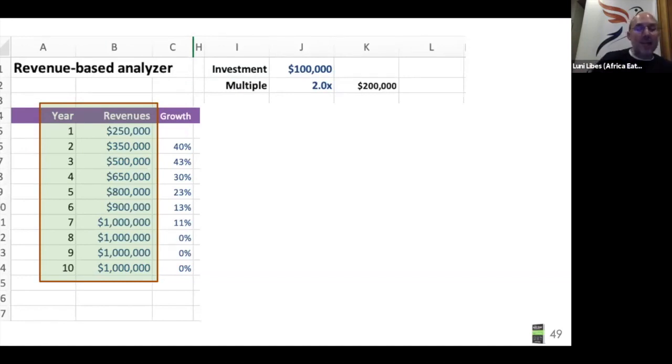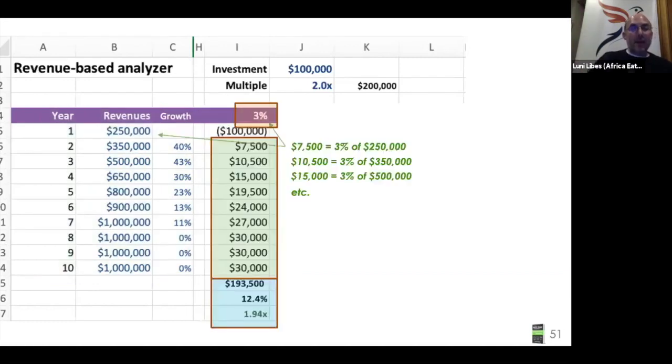And we're just going to look at 10 years because no one's going to invest more than 10 years. This column is just going to compute some growth so we can make sure that these numbers look reasonable. Right? This is the anti-hockey stick. This is a nice company that slowly slows down its growth over time, and that's automatically computed. All right, and then the interesting columns are these 4 over here.